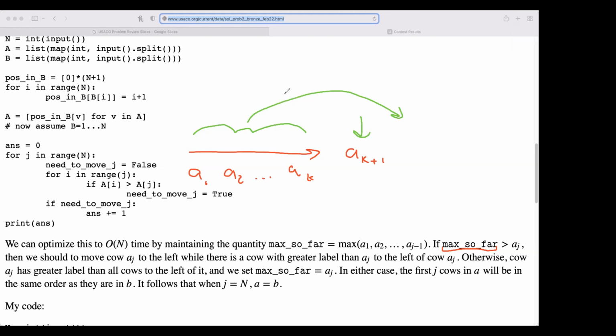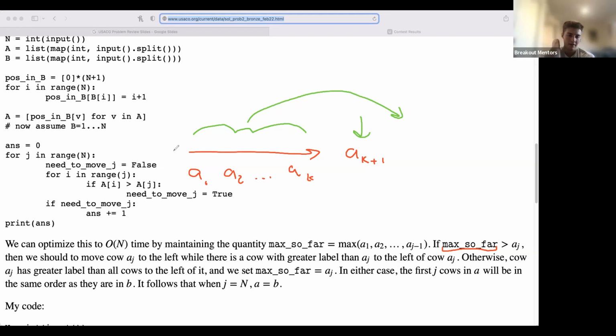That's the general idea. We keep track as we go across of the maximum position that any of these cows wants to get to. And every time we add a new cow to the list that we've already considered, so AK plus 1 in this example, we check if the position it wants to reach is less than the max position. If it is, then the only way that the order of the cows can flip, because right now this cow comes before this cow,